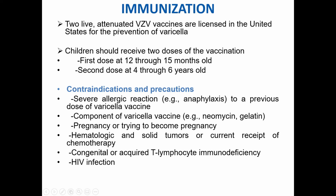As this vaccine is a live attenuated or modified type of vaccine, there are some contraindications and precautions to keep in mind before giving the injection to any patient. The contraindications include a severe allergic reaction, such as an anaphylactic reaction, to a previous dose of varicella vaccine, or any severe allergic reaction related to neomycin or gelatin, because if the person has an allergic reaction to these two, they will show a severe allergic reaction to the varicella vaccine as well, because they share similar components. Also, if the patient is pregnant,